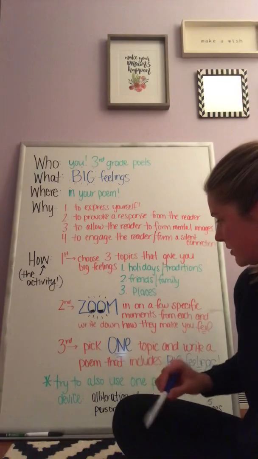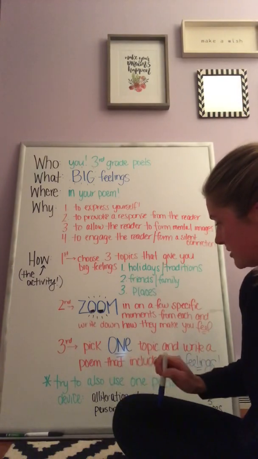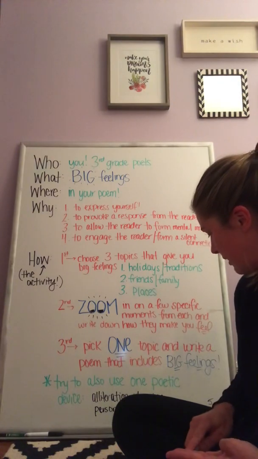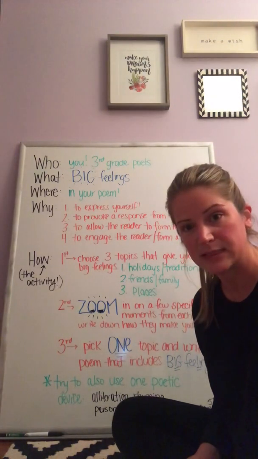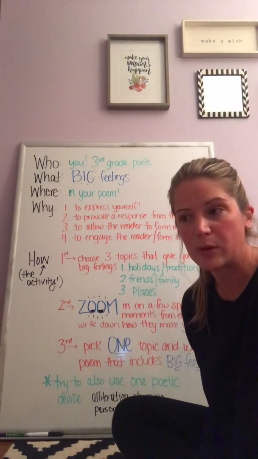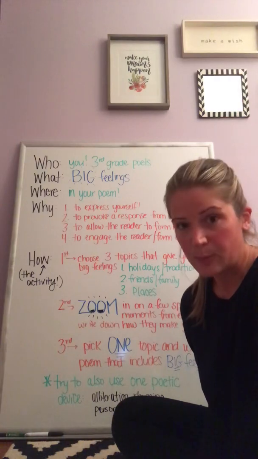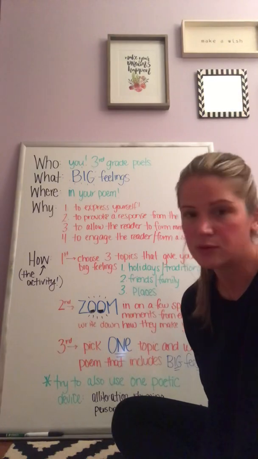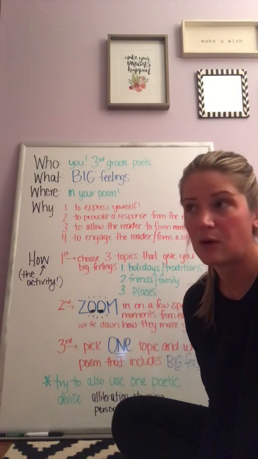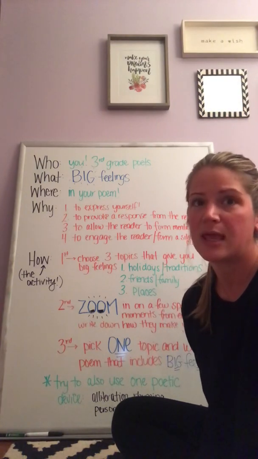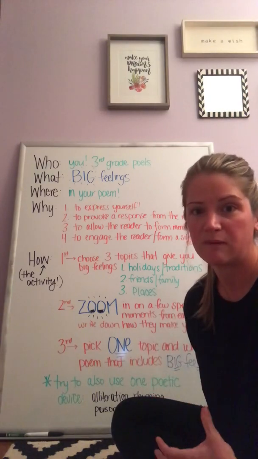The last step is you're going to try to use at least one poetic device. So alliteration, rhyming, personification, onomatopoeia, all of those things that we talked about in our lessons last week. I've also highlighted in the example poem that I wrote, that I will be posting for you, where you find the poetic device. So I think I included rhyming, onomatopoeia, and alliteration. You guys do not have to include all 3, and you also do not have to write a super long poem. Just something so that we can get the idea that you understand incorporating big feelings into your writing.